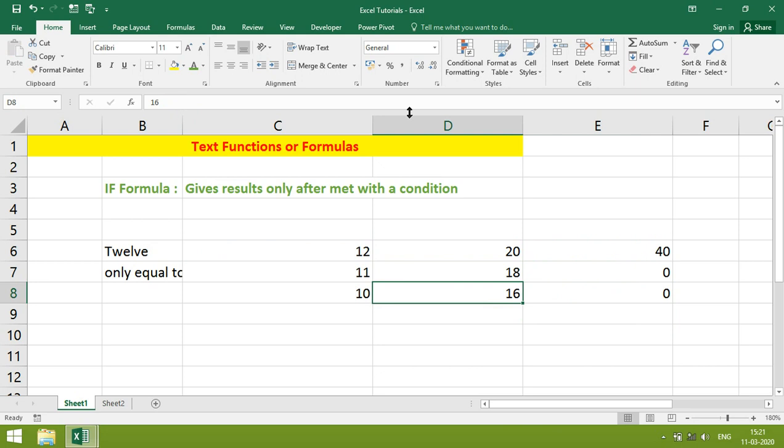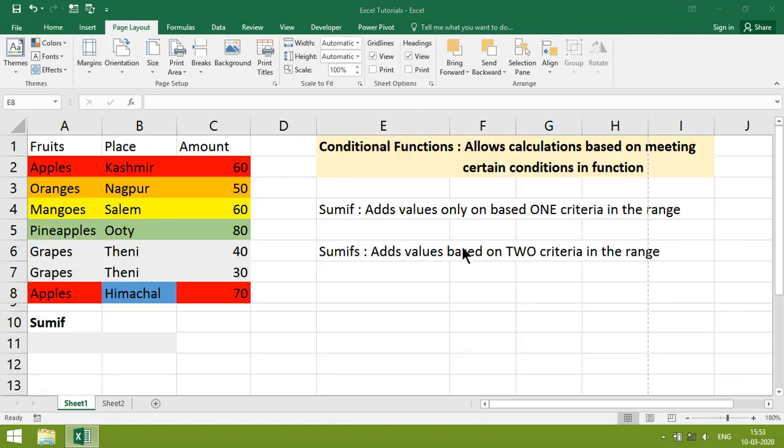Since numbers have values, we can use less than, greater than, equal to, whereas in text we can use only equal to. Conditional functions allow calculation based on meeting certain conditions in a function.